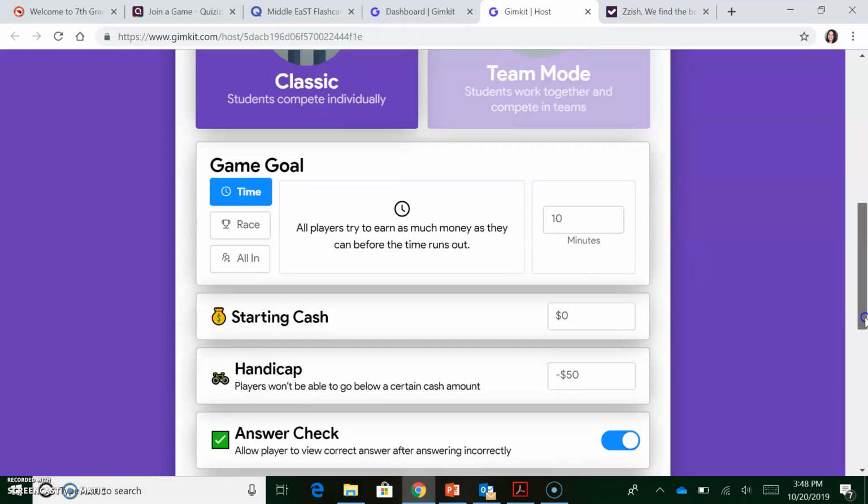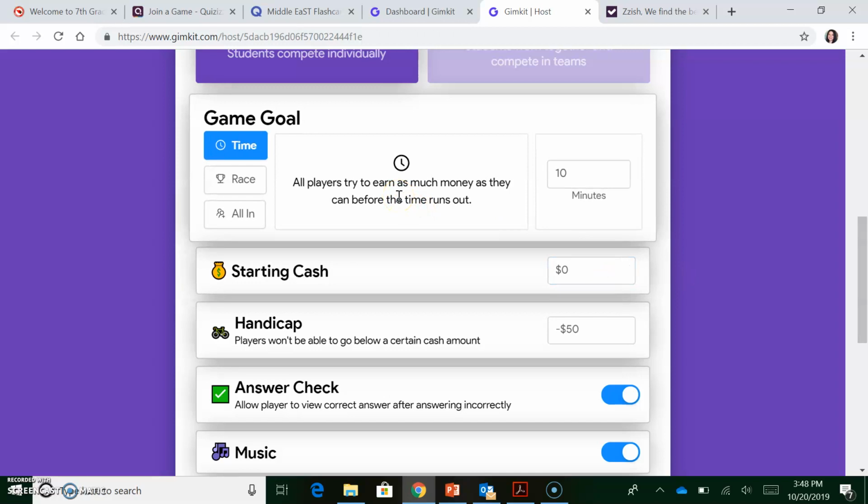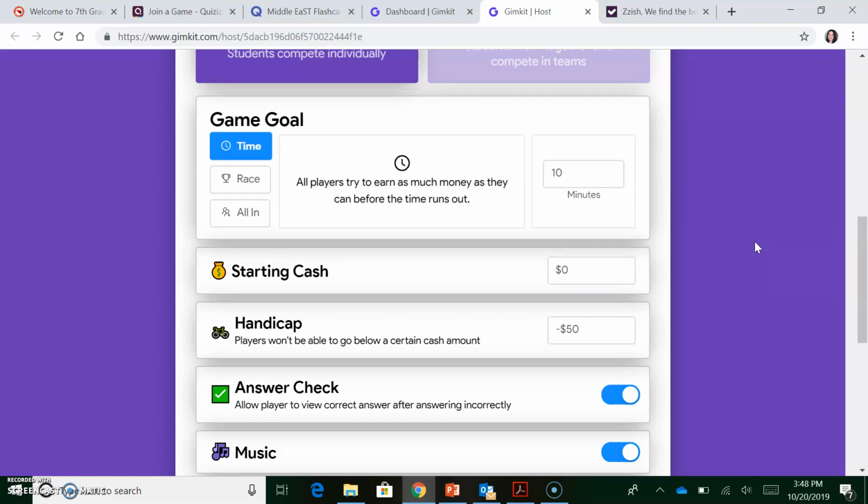Now down here, another thing that is great about GimKit is, yeah, there is a time limit, but it's not a time limit per question. It's a time limit for the whole game, which I absolutely love.